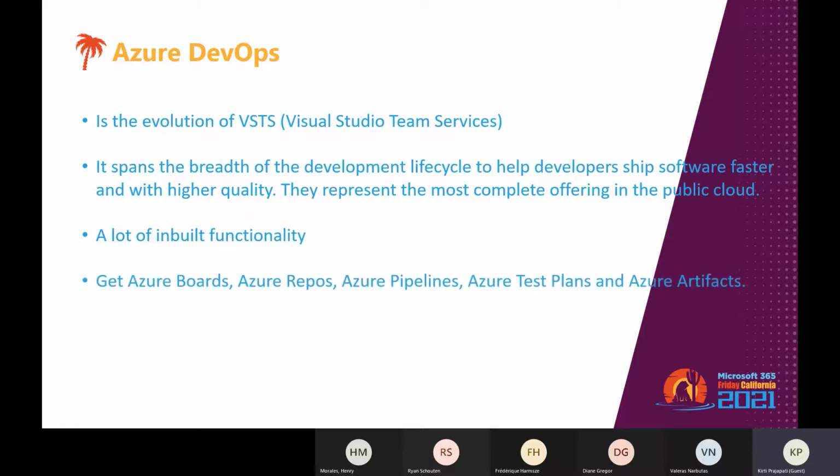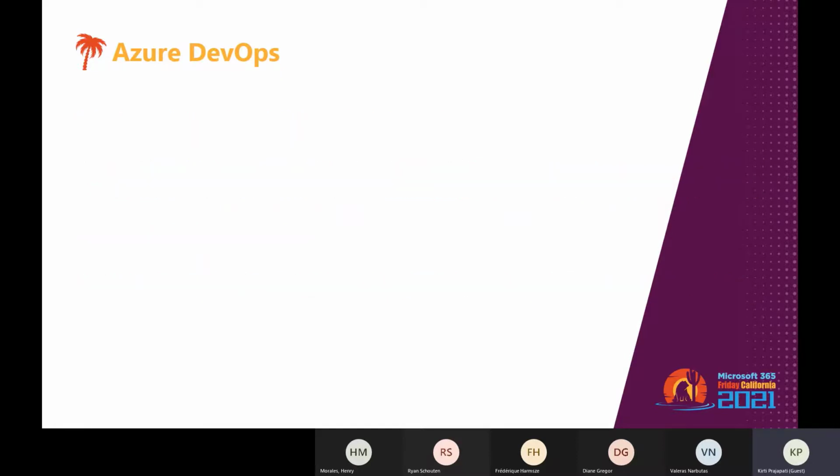And then you get Azure Boards, Azure Repos, Azure Pipelines, Azure Test Plans, and Azure Artifacts. So this is the result of years of using their tools and developing a process which can build and deliver products efficiently and effectively, right? So these are the subcomponents you can use when you are thinking about Azure DevOps. Now, here I will explain briefly what we get with Azure DevOps.